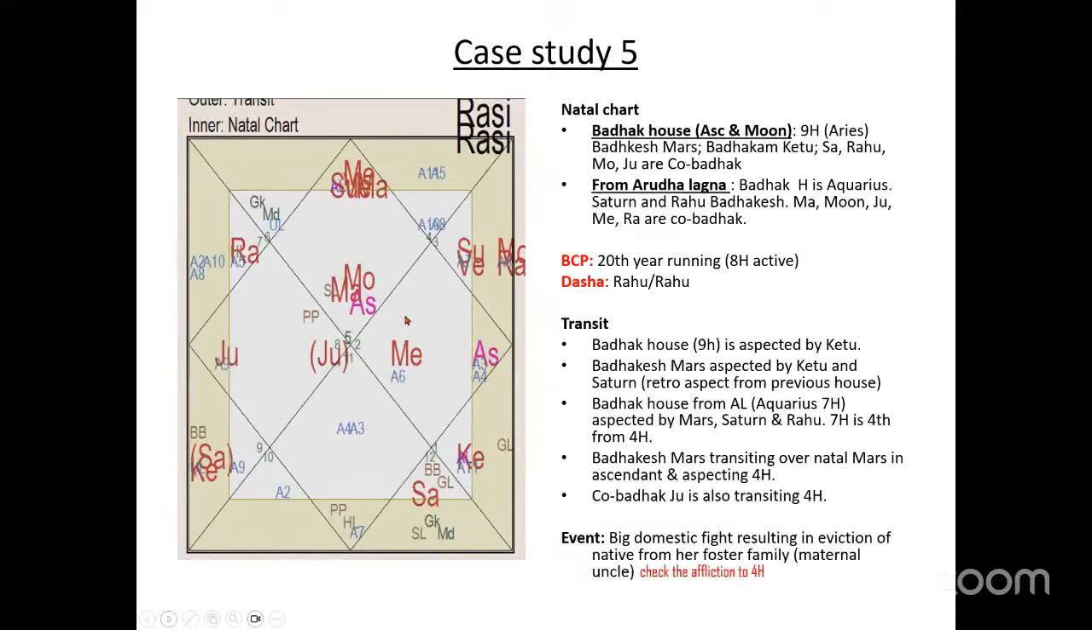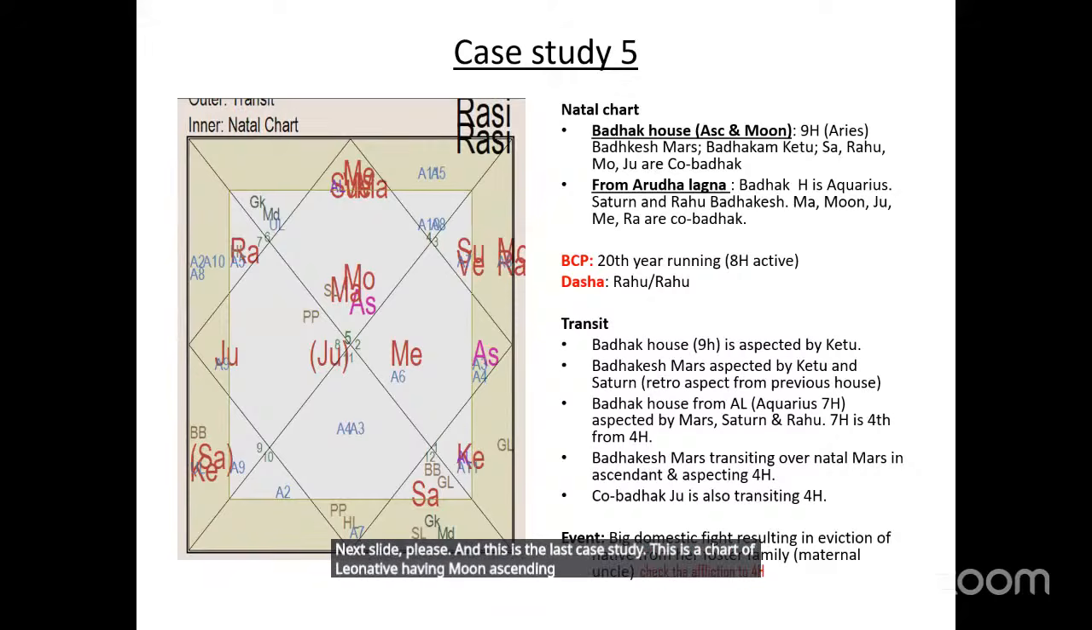Next slide, please. And this is the last case study. This is a chart of a Leo native having Moon ascendant. So Badhak house from both ascendant and Moon will be the 9th house Aries. Badhakesh is Mars, and since